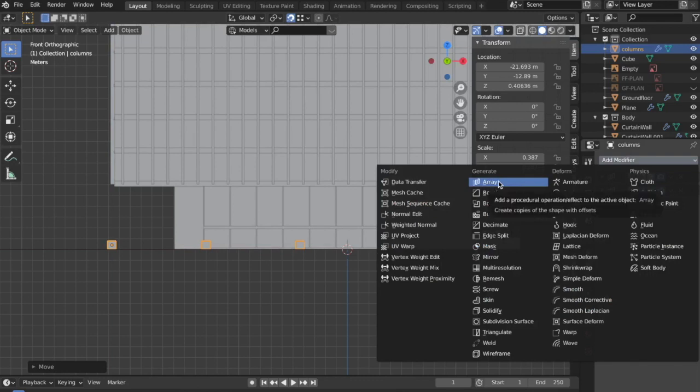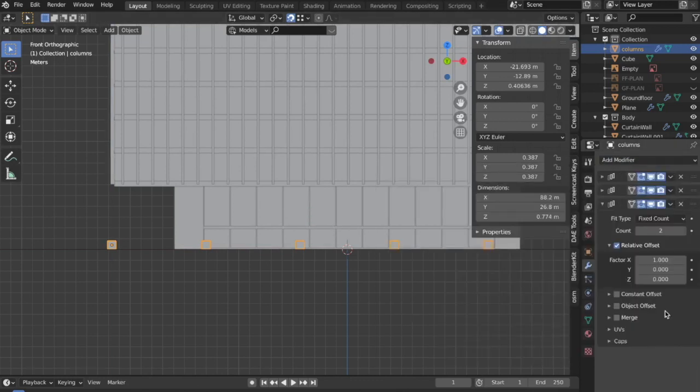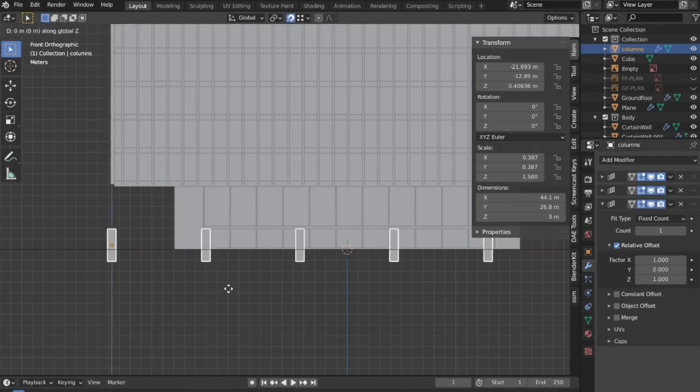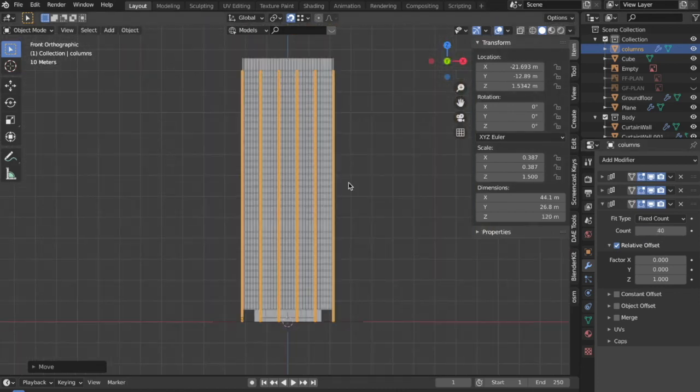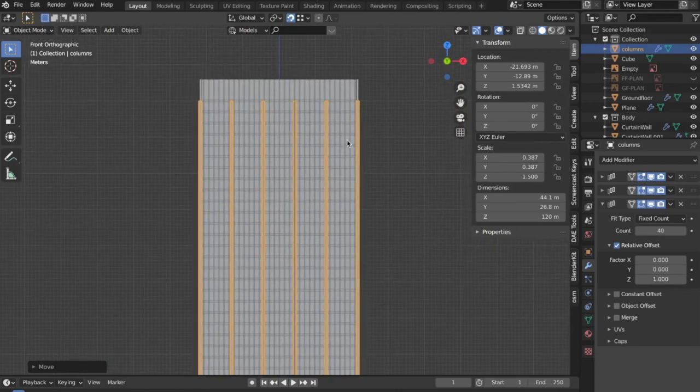Also, as I told you earlier, you could go into the edit mode and directly edit the height of it, but that is not what we are going to do over here. First I'll give them a height of 3 meters. And then give it a count of not 38 but 40, count as 40, and a bit above that, 41 and 42.